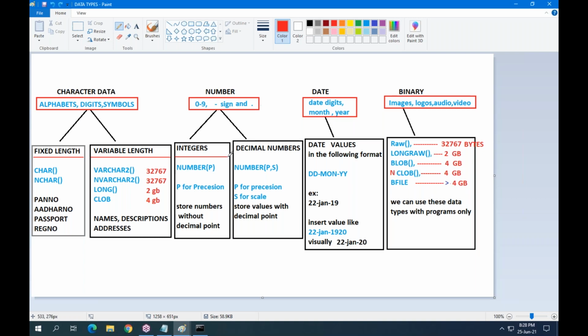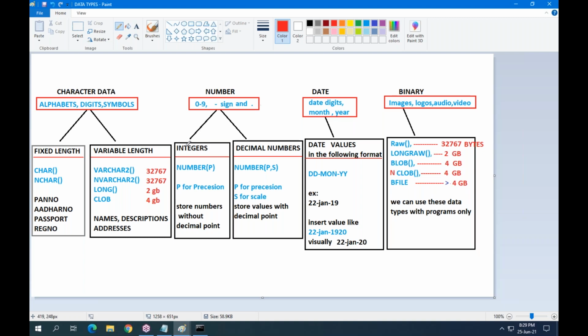What is a fixed length character value? For example, PAN card number, vehicle registration number. This is called fixed length characters.